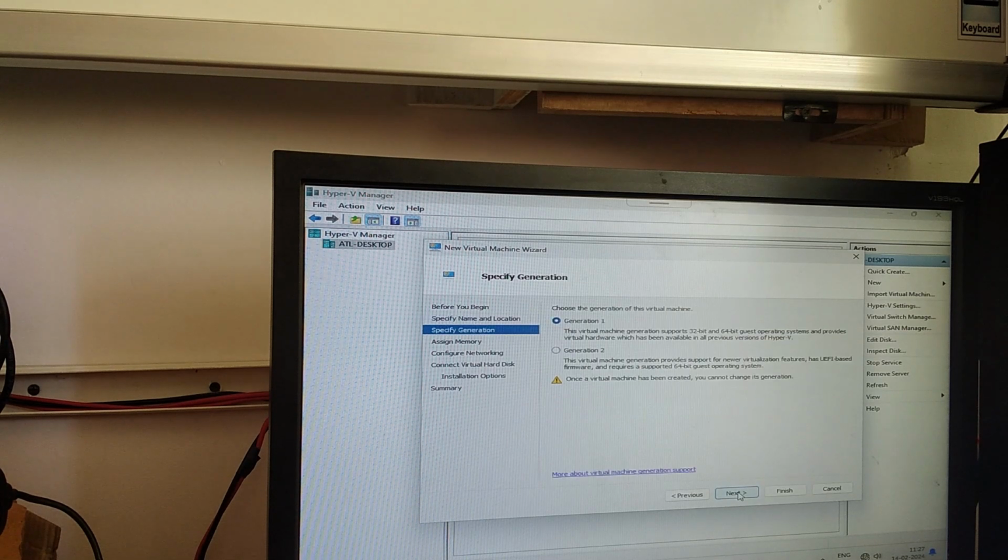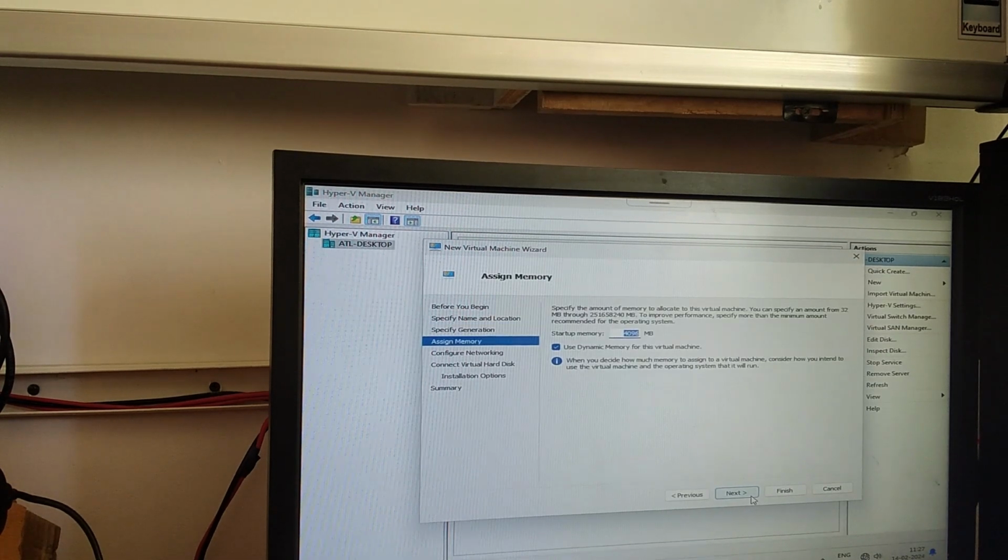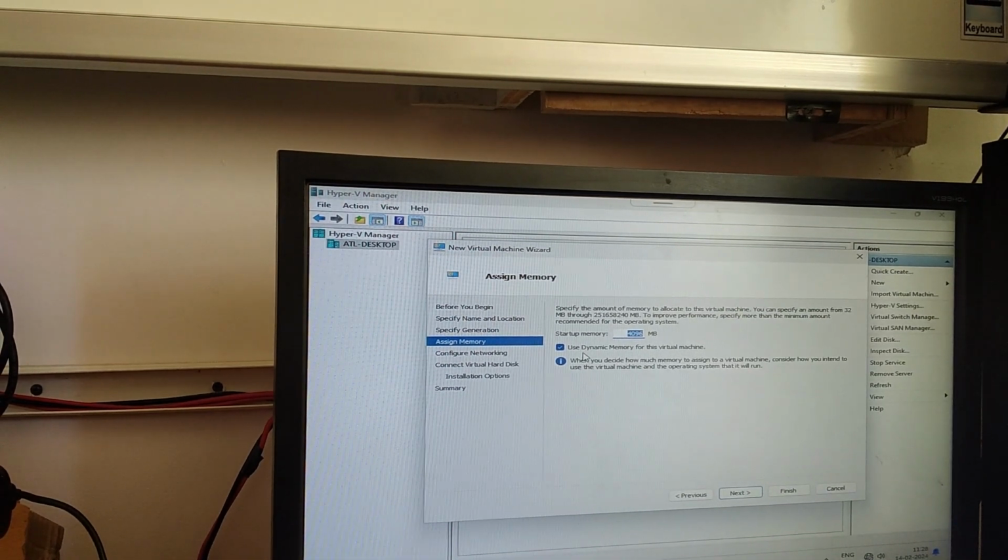Then click on next. Then we have to select generation 2. If we keep generation 1, it's going to create a problem later. So select generation 2. Once a virtual machine has been created, we cannot change the generation. So make sure that you have selected generation 2. Let's click on next. After that, we have to set up memory over here. This is the place where we face problems. We are not able to set